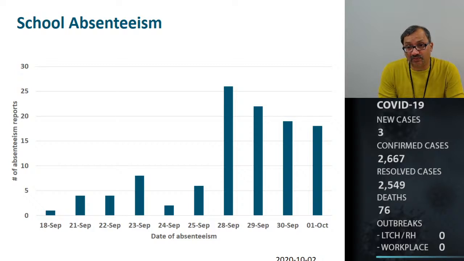So we've added some new data for the community. This particular graph looks at the school absenteeism data that is reported to the health unit. When a school reports 10% or greater absenteeism, they are required under the law to report it to public health. In recent days, we have seen a number of schools in Windsor-Essex reporting absenteeism. Absenteeism is one of the many early warning indicators that we use to detect if illness is spreading in the school. It has been traditionally used for influenza surveillance, but we are also applying it to our COVID-19 surveillance as well.